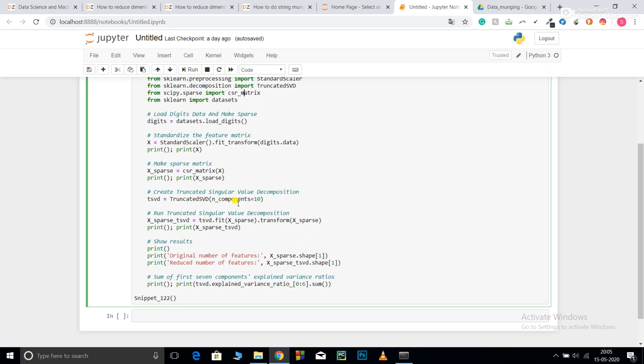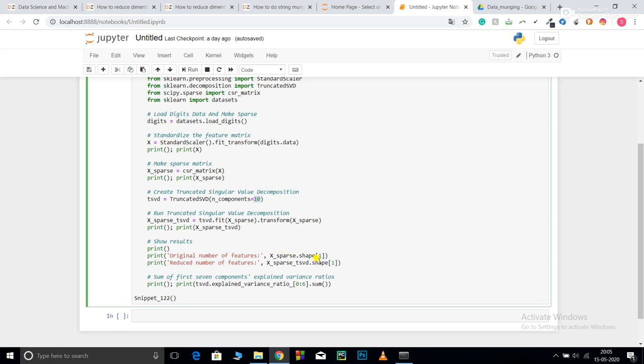So TruncatedSVD with n_components. Here I am selecting the number of components to be 10. I have initialized my TruncatedSVD, then fit it on X_sparse and transform X_sparse, saving it as X_sparse_tsvd. Print X_sparse_tsvd. This will print my truncated SVD matrix for me.